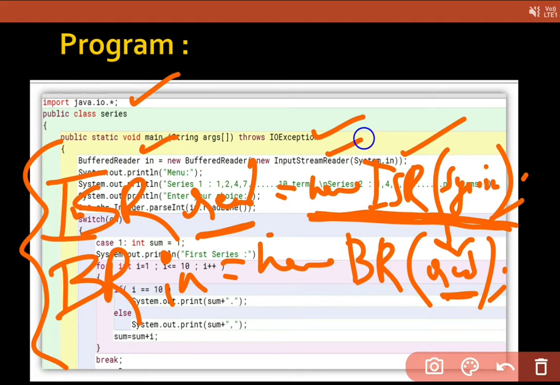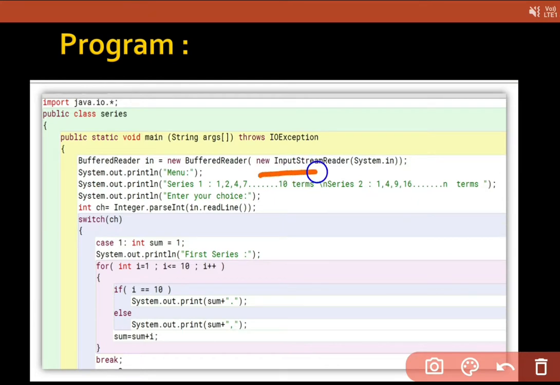Because in maths, you all know, we write let x equals 2, and then we put the value of x, that is 2, everywhere. The same way, read also has a value, that is new InputStreamReader(System.in). I am writing this value directly in place of read. Then I get this: BufferedReader br equals new BufferedReader, and in place of read, I write new InputStreamReader(System.in). It is also applicable. You can write 2 lines in one line also.